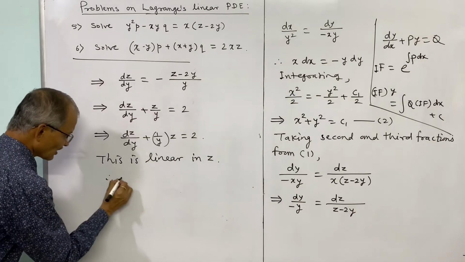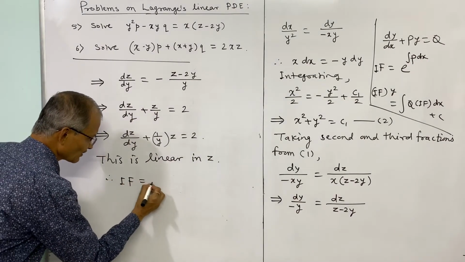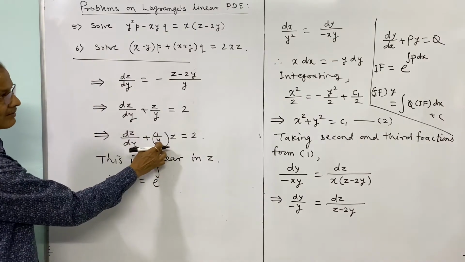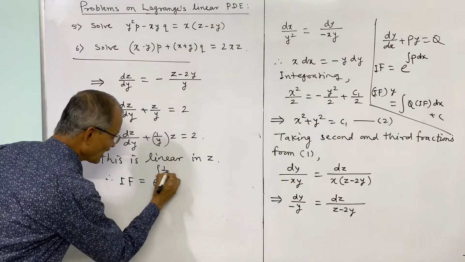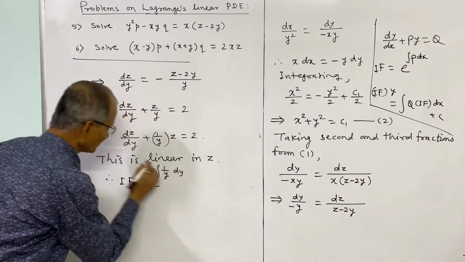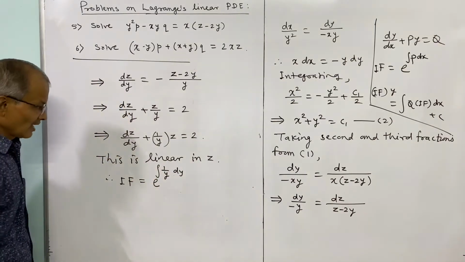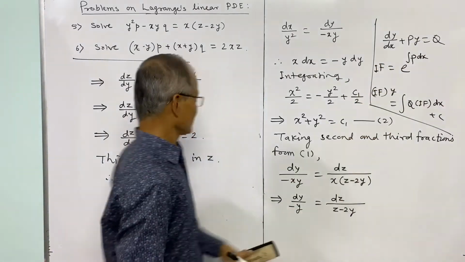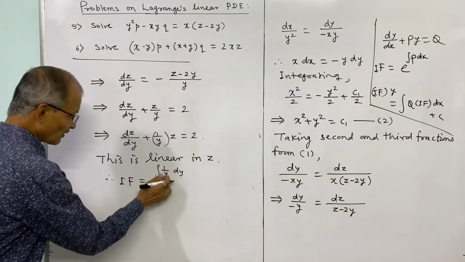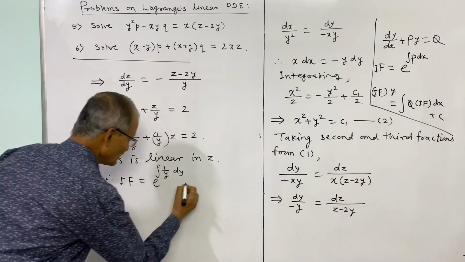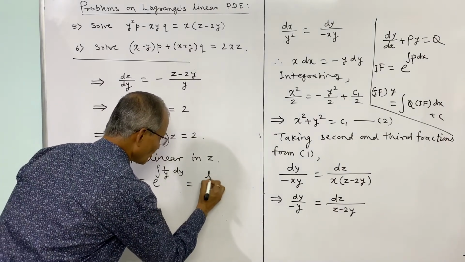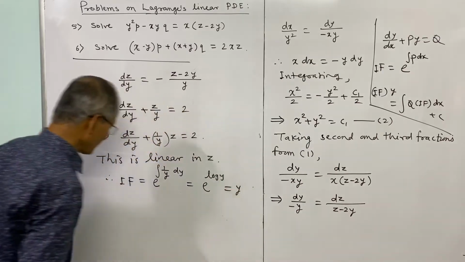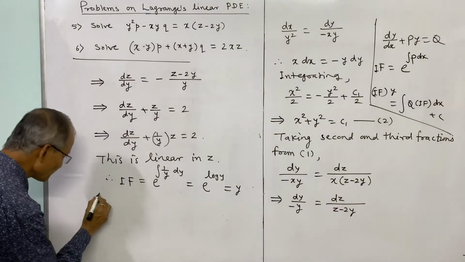and therefore its integrating factor IF is equal to e to the power integral, what is P, it is 1 by y in comparison, 1 by y into dy, the independent variable is y. So this is the change you should note in variables. And what is the integration of 1 by y? We know it is log y. So it is e to the power log y, and e to the power log y is simply y, and therefore the solution is